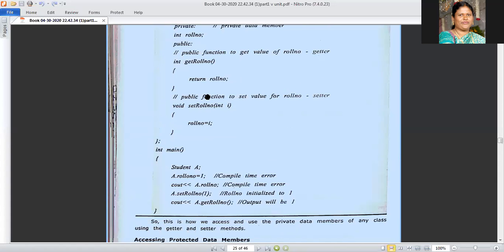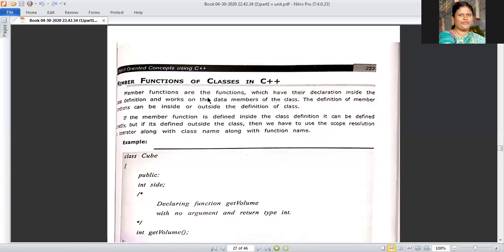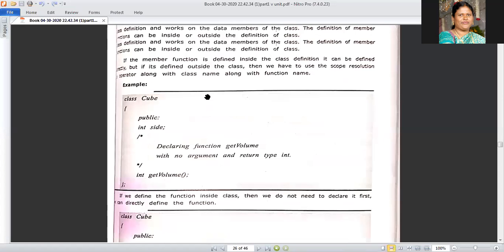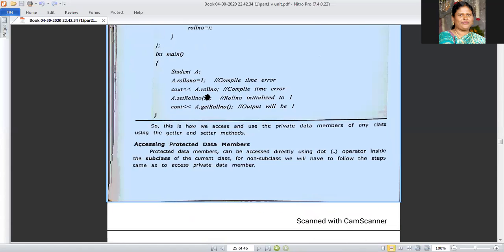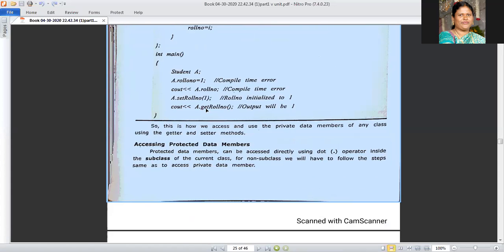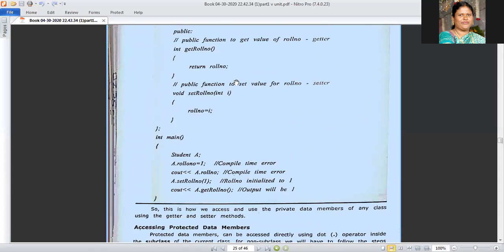Already I told you two kinds of parameters. One is formal and another one is actual parameters. Are you getting my point? So this is the actual parameter. One is the actual parameter and int I is the formal parameter. This actual parameter initializes the value I with 1. Are you getting my point? Now roll number is equal to I means now roll number becomes 1.